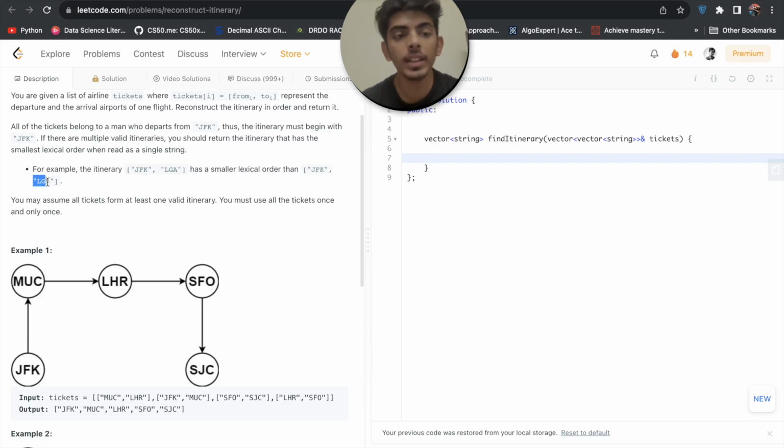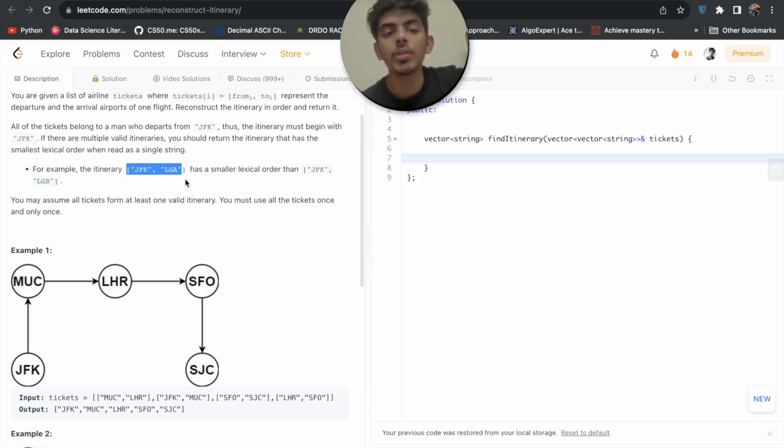If we write it as a single string, JFK LGA and JFK LGB, of these two, the first has the smaller lexical order, because these are the same in both, but A comes first and B comes after A. So this is the lexically smallest order.